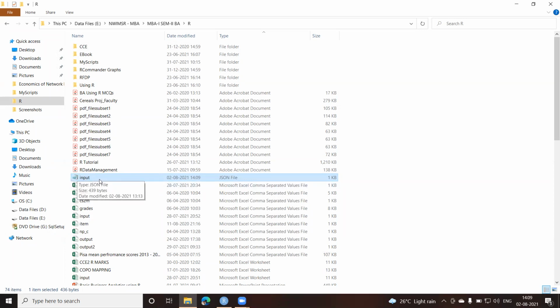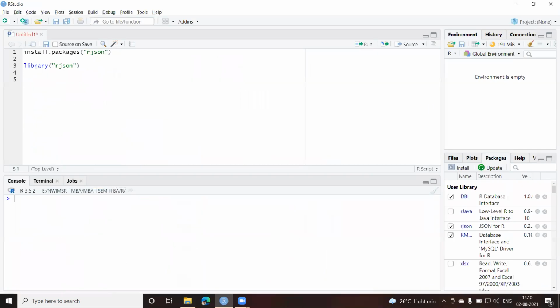Usually you won't get anything. Okay. So it might be that the data which is provided to you is in a different format. Why we are showing this is so that you can access different types of files. You should know how to read different types of files. So let us assume that we already have a file which is given to you, by the name input.json.